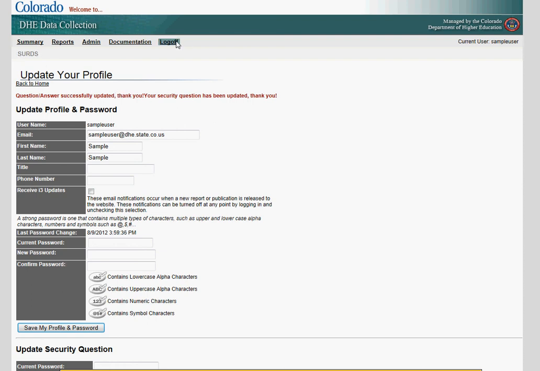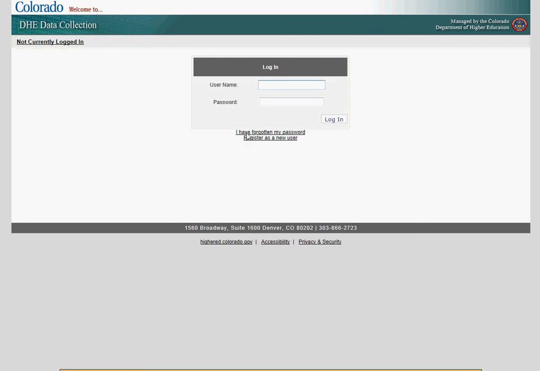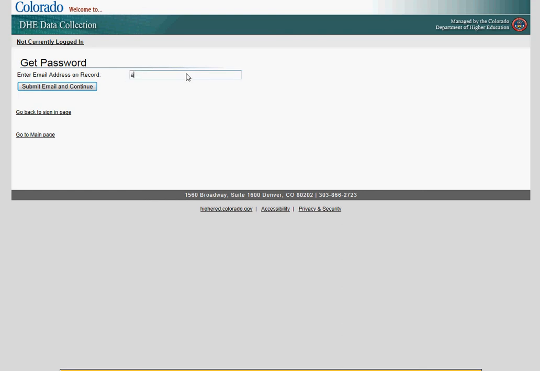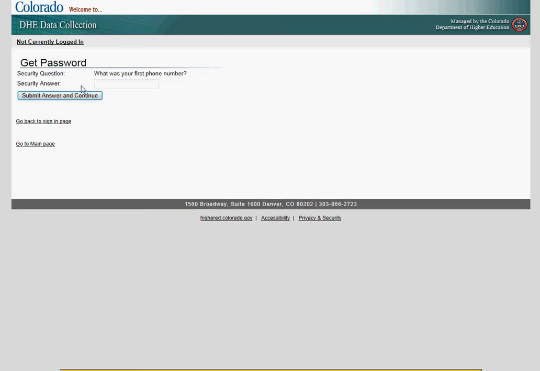So if I want to test that, I'm going to log off here, and now I'm going to say I have forgotten my password. Come in here, enter my email, which I think was this. Okay, so it did find my username and it confirmed that was my email. It matched those two things, and based on that it got the security question. So this is what allows you to recover your password and change it. You saw when I just modified that what my first phone number was. I entered 1 2 3 4 5 6 7 8 9,